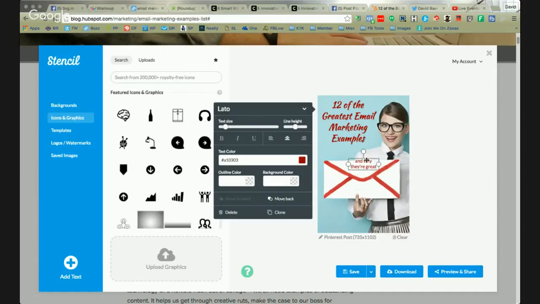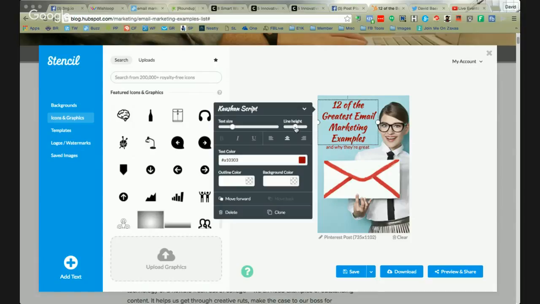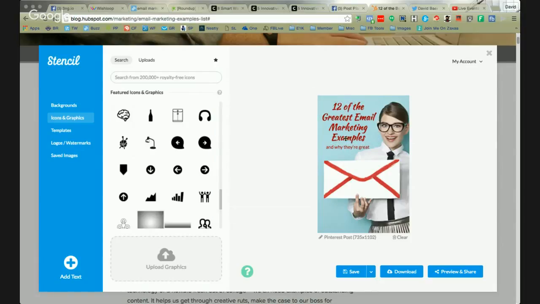Put this over here. All right, so it's not that important, but it'll just add a little bit more context, and it might compel some more people. I'm going to change the line spacing in there, the line height just a little bit as well. Okay, so 12 of the greatest email marketing examples and why they're great.